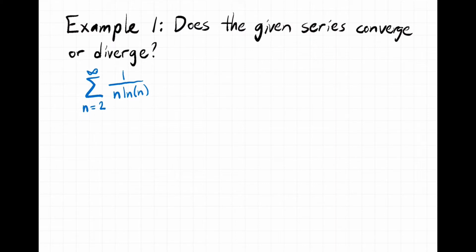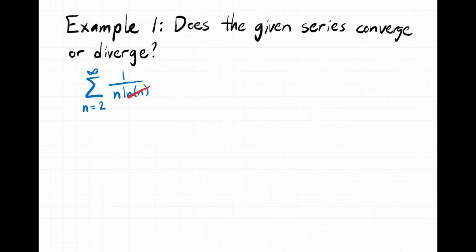Now, this series is not all that different from the harmonic series that we've already studied. If we got rid of that natural log of n, and just had 1 over n for the terms here, this would be the harmonic series, and we already know that series diverges. And the trouble with that series is that the terms are getting smaller and smaller. They are approaching 0, but they aren't doing that fast enough for the actual series to converge